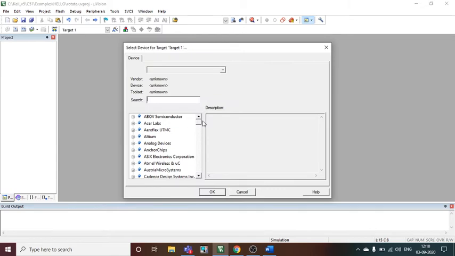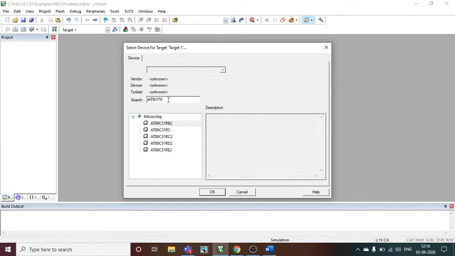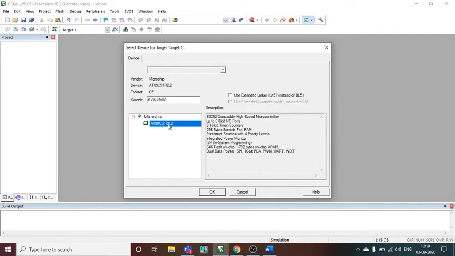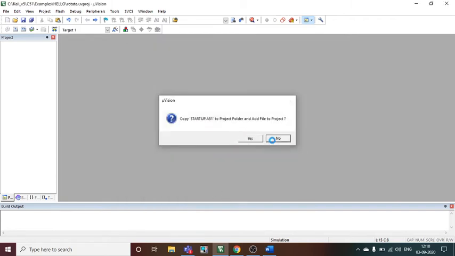Now it is saved. Once it is saved, again we will get the target. I'm just dictating the target, whatever we have to write here, so that you can write in your target screen properly. AT89C51RD2. When I write this, I will get this simply here. You can see I'm repeating again, AT89C51RD2. So once we write this, we press OK.